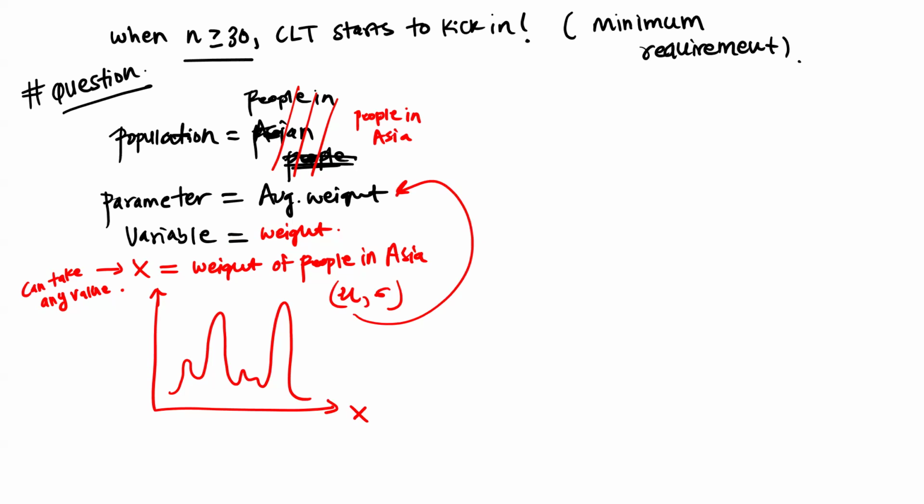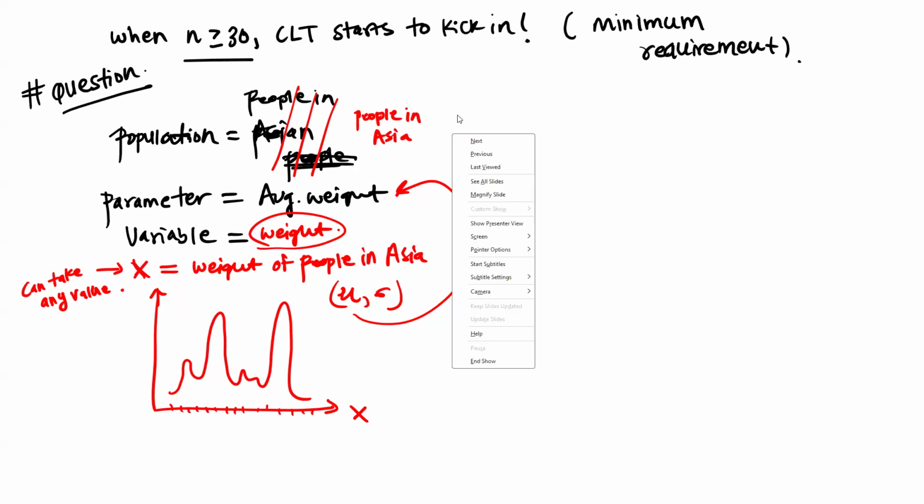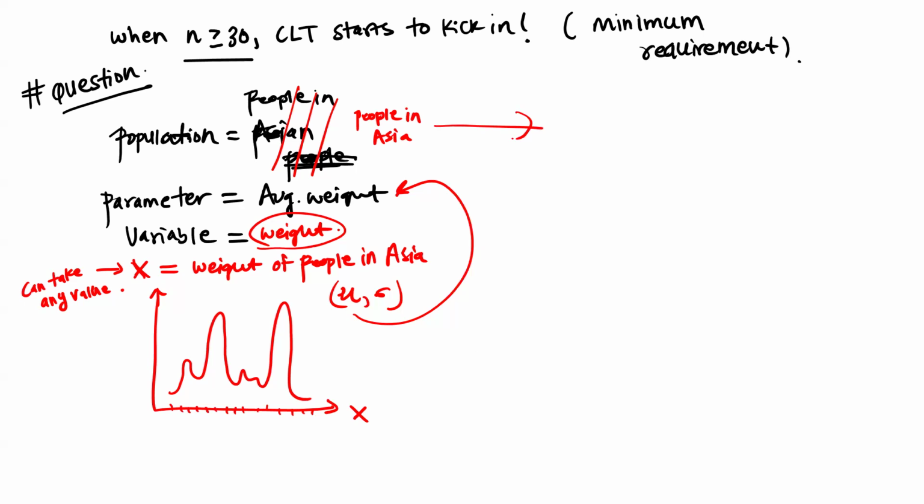So this is what we want to find in any sort of statistical question. You have some population, you have some variable of interest, weight, then you define a random variable so that you can do some mathematics, some statistics with it, where the random variable represents the weight, and you want to see how the weight of the people is distributed, right? Which you don't have any idea about. You don't know the shape of this, you don't know anything about this. So what you do is you take multiple samples.